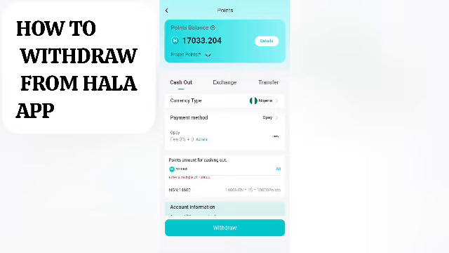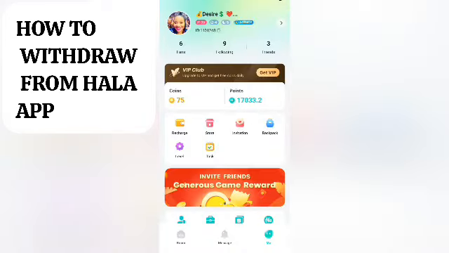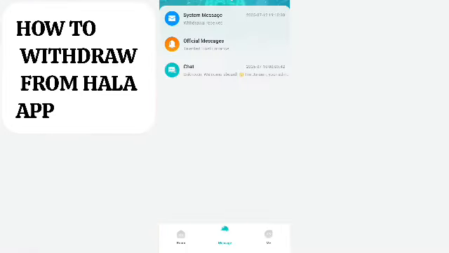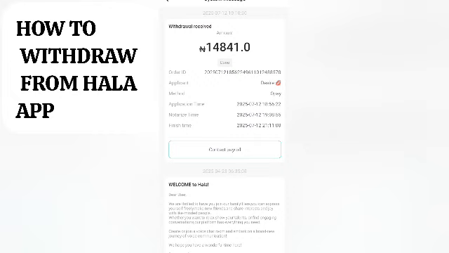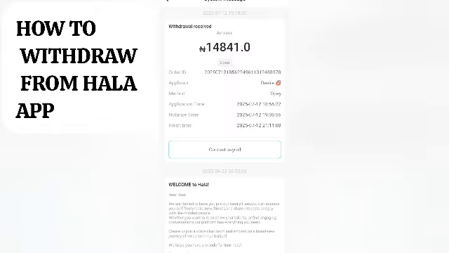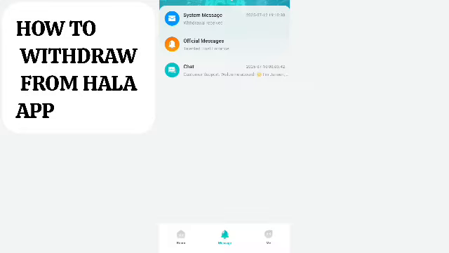It has gone. Have you seen my balance? 17,033. That is my balance right now. 17,033 points. So let's go to message. It has not yet come. This was the first one I withdrew, 14,000. This was the first one I withdrew, 14,841. So within a small time now, it will